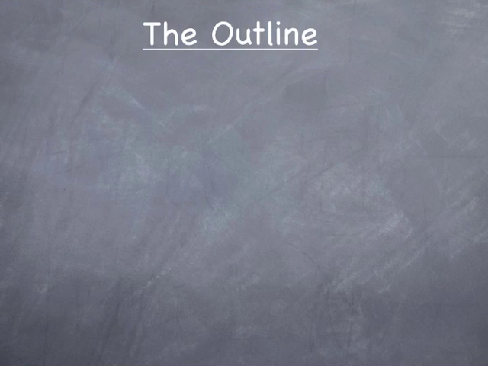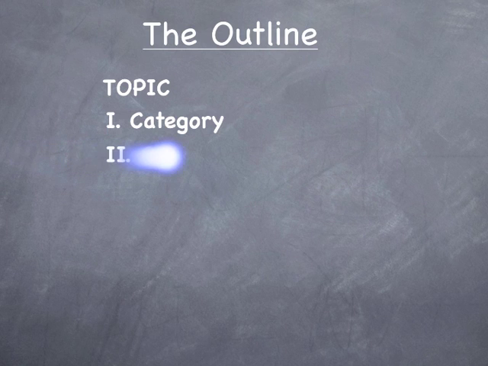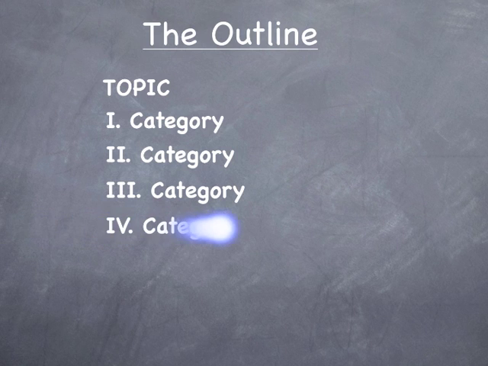An outline is another way to organize information. It's organized in a list. If you haven't used outlines in school, you probably will start to do that soon. It starts with a topic at the top, and then each category begins with a Roman numeral. In this case, there are 5 categories. Those categories are indented,